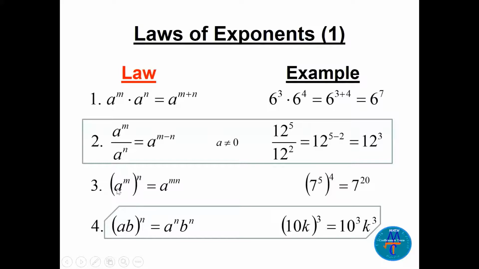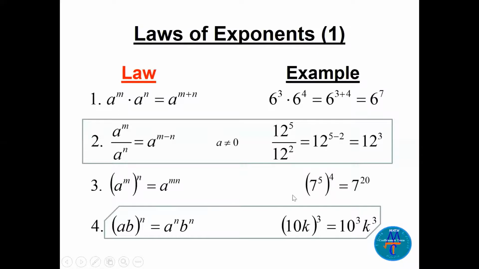Number 3, law number 3. When you have two powers here, a to the power m, all to the power n, you should have a bracket here. Then multiply the powers. So 7 to the power 5, all to the power 4 here,